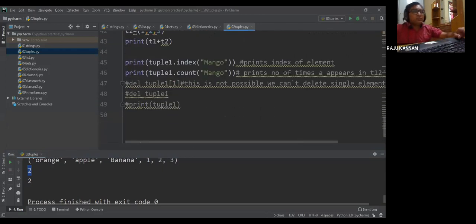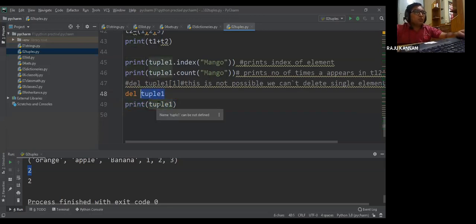Right, now of course I have discussed this: we cannot delete a single element in the tuple, but we can delete the entire tuple by using del. Del is used to delete any array, right? So here I am deleting the tuple. After deleting, I am trying to print tuple 1. Once tuple 1 is deleted, what is there to print?